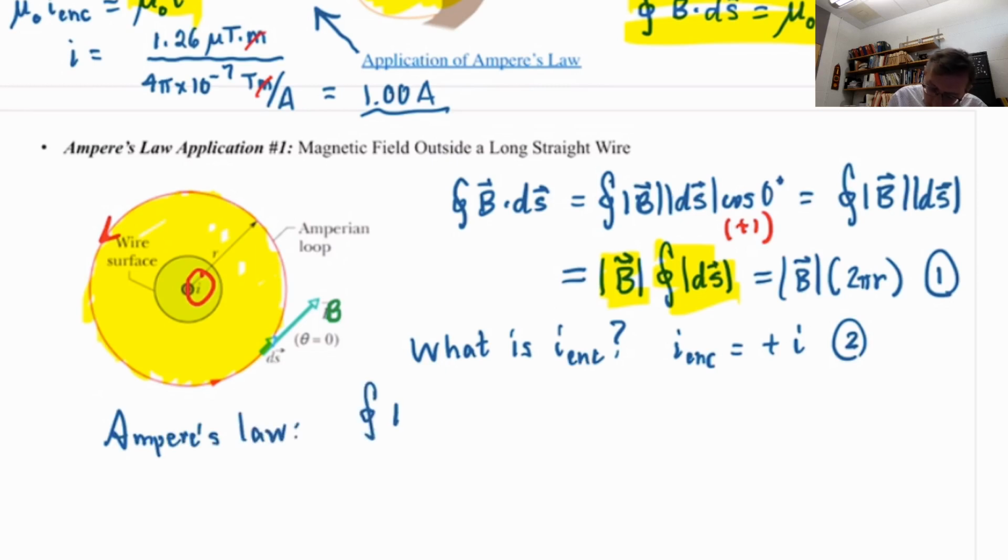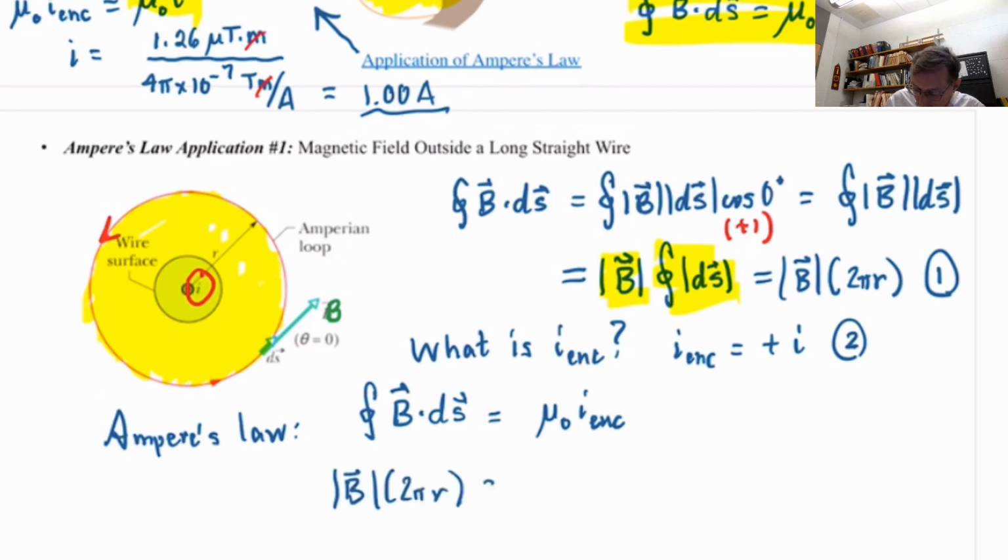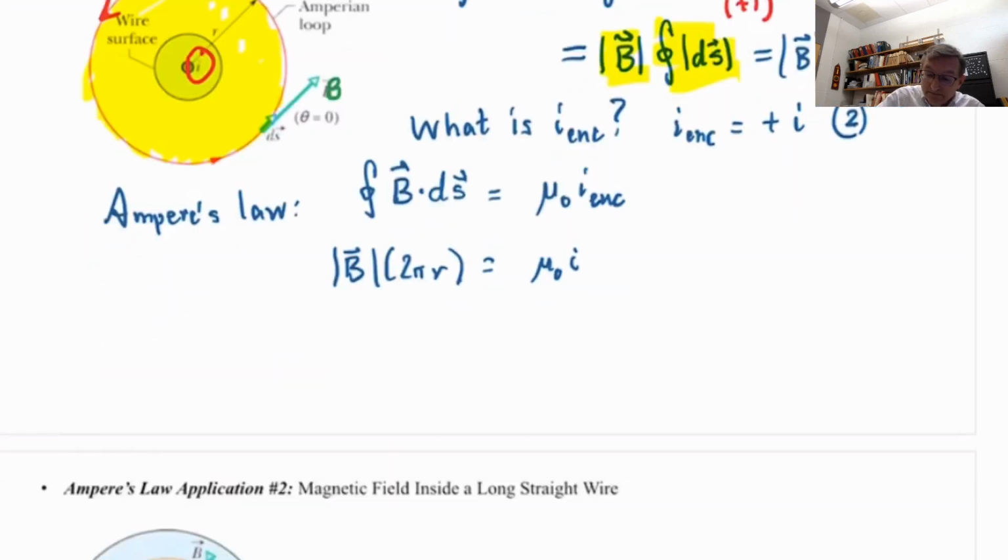Ampere's law says the integral of B dot ds around a closed loop equals mu 0 times I enclosed. So I use equation 1 on the left for the circulation, magnitude B times 2 pi r, and I use equation 2 on the right for I enclosed, total I inside the wire, and I solve for B magnitude. And I get the nice simple result in this case that B magnitude is mu 0 I over 2 pi r. That is outside